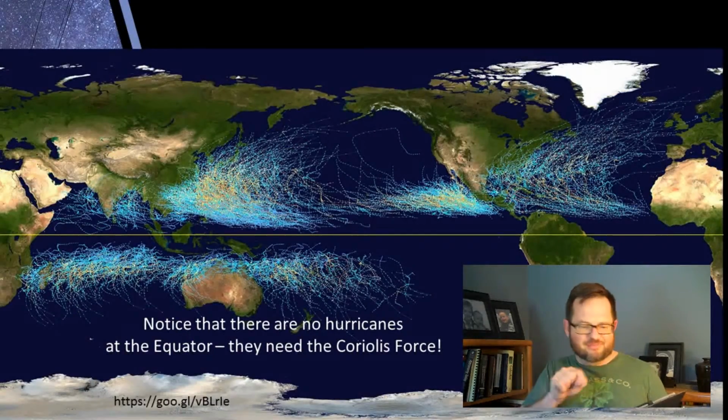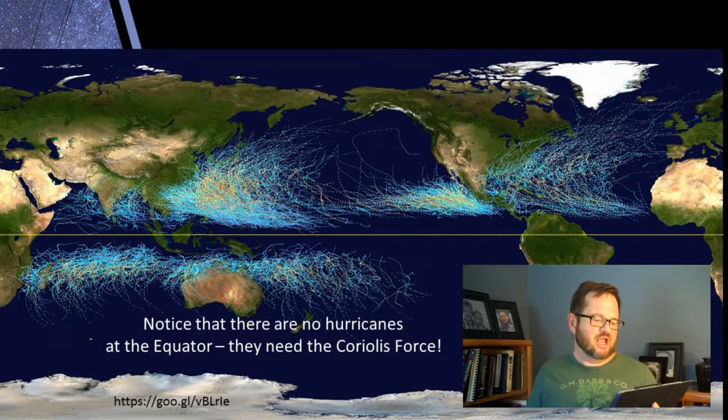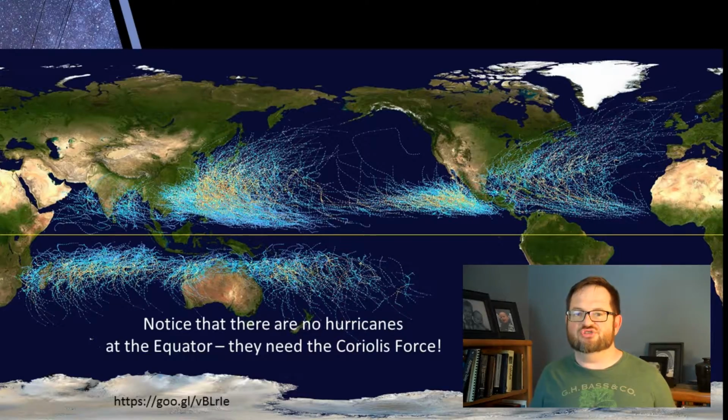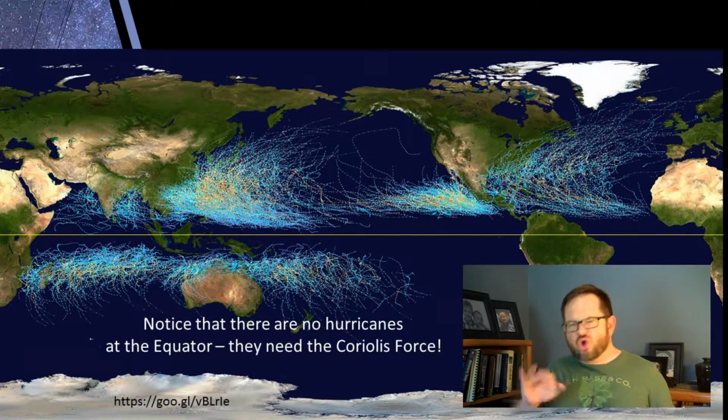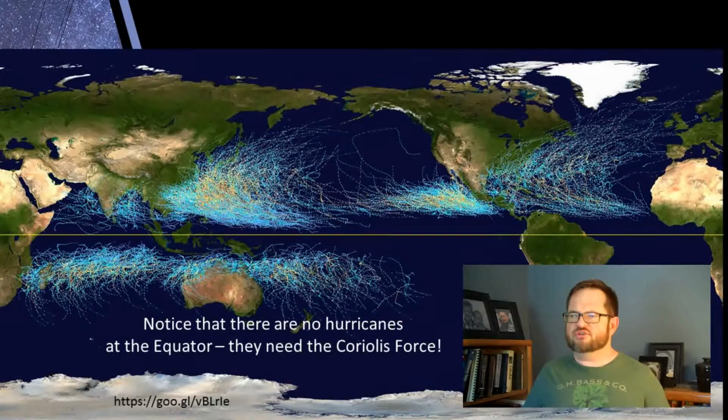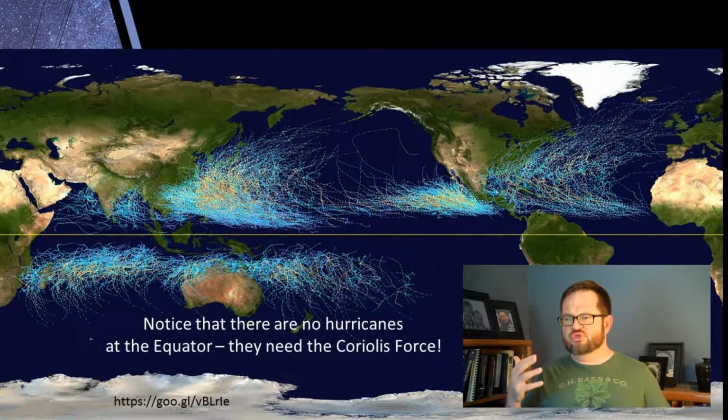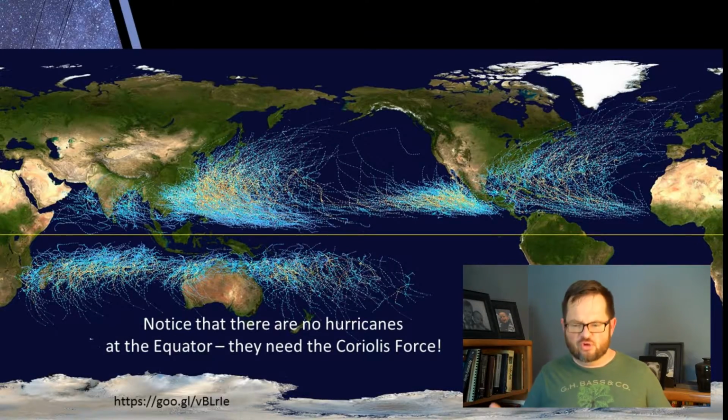I want to draw your attention to a couple of interesting things about these hurricanes on here. I put the equator on this plot just to draw out the fact that, notice, there are no hurricanes at the equator. They don't form at the equator, they don't cross the equator, and there's a good reason for that. Hurricanes are not in geostrophic balance. They're not exactly in Goldberg-Mohn balance. They're not well approximated by any of those kinds of flow,